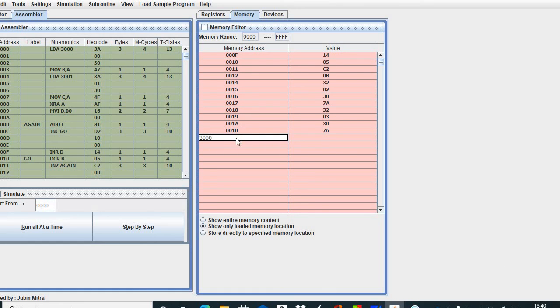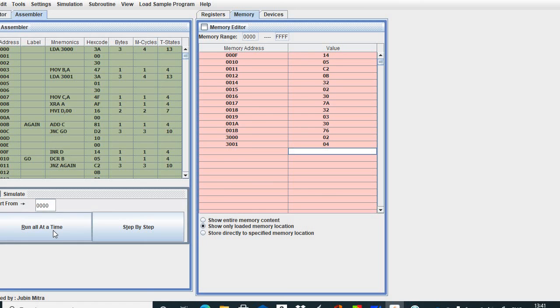Input is at location 3000 and 3001, and the numbers are 02 and 04. Okay, so the result is 08H.